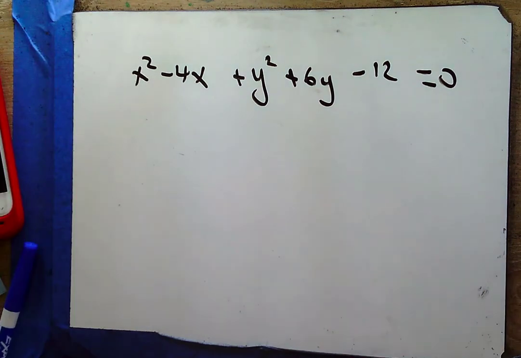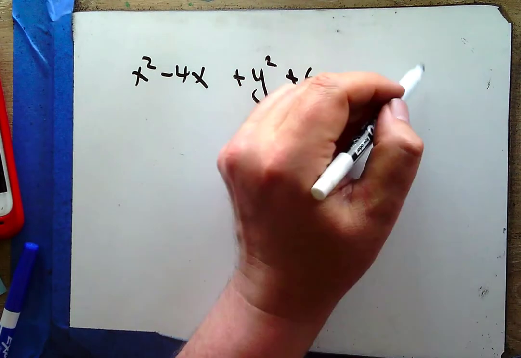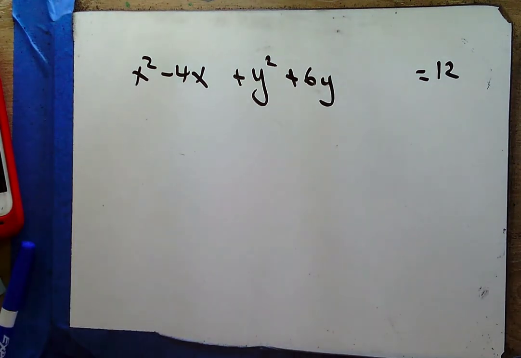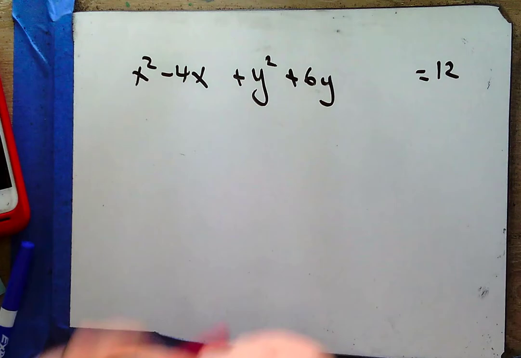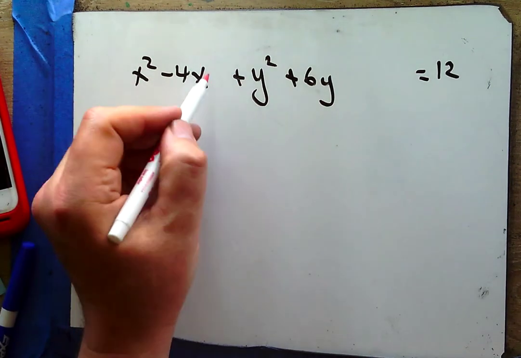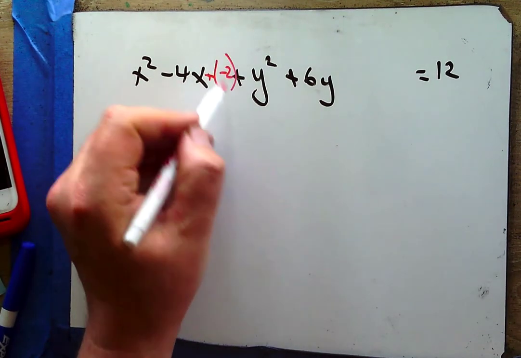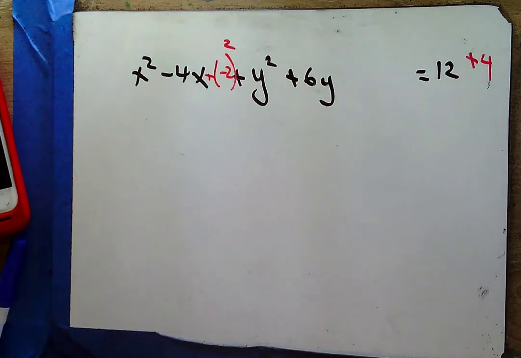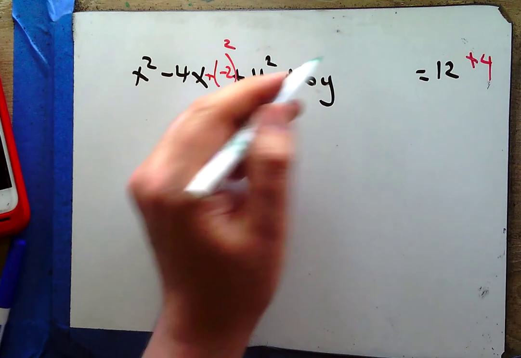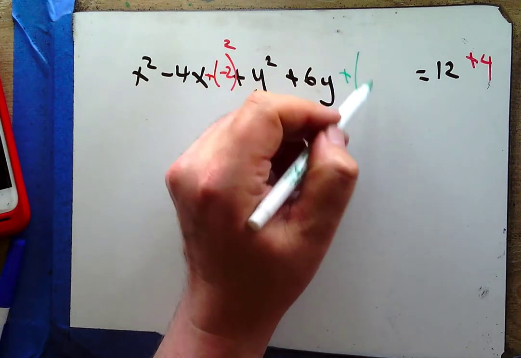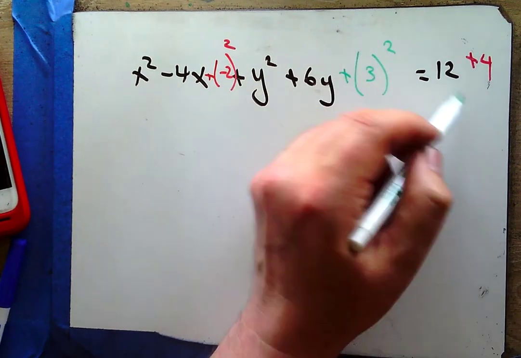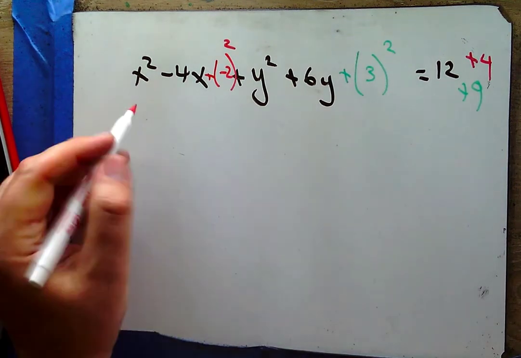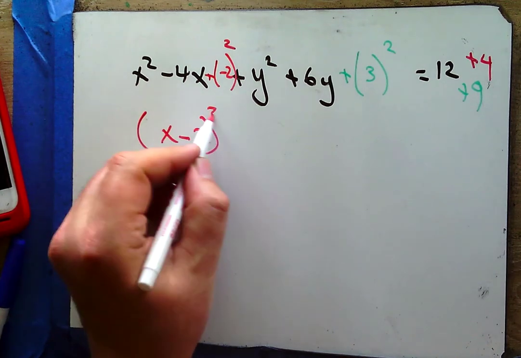Okay. Well, I'm going to move the 12 over. And these are already grouped. My b here is negative 4. So negative 4 divided by 2 is negative 2 squared. So I'm adding 4. And my b here is positive 6 divided by 2 is positive 3. So I'm adding 9. So then this becomes x minus 2 squared